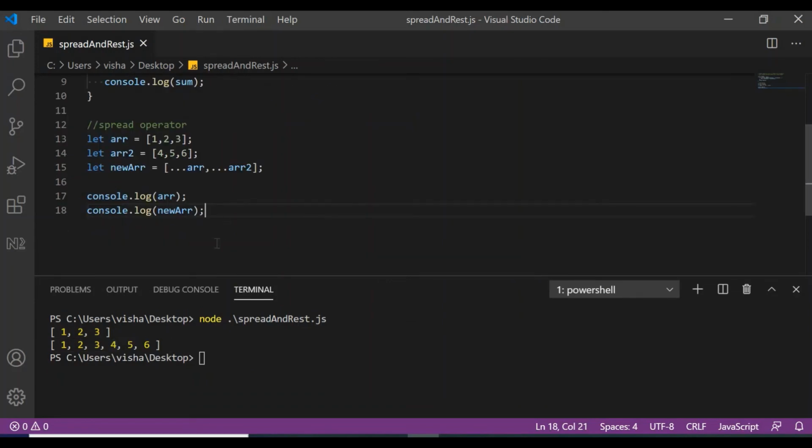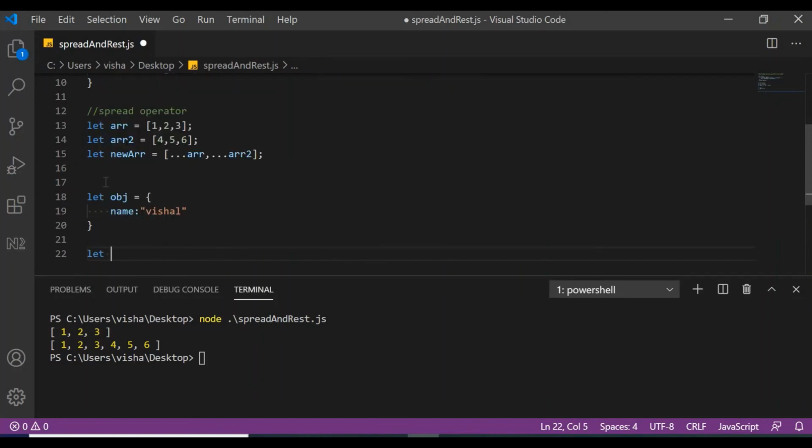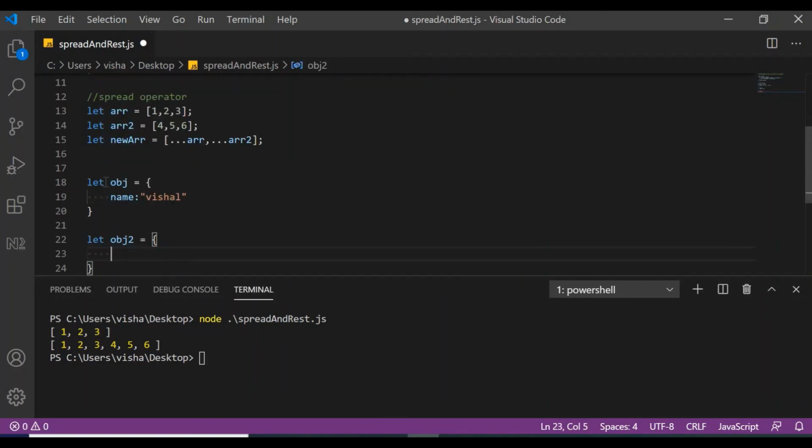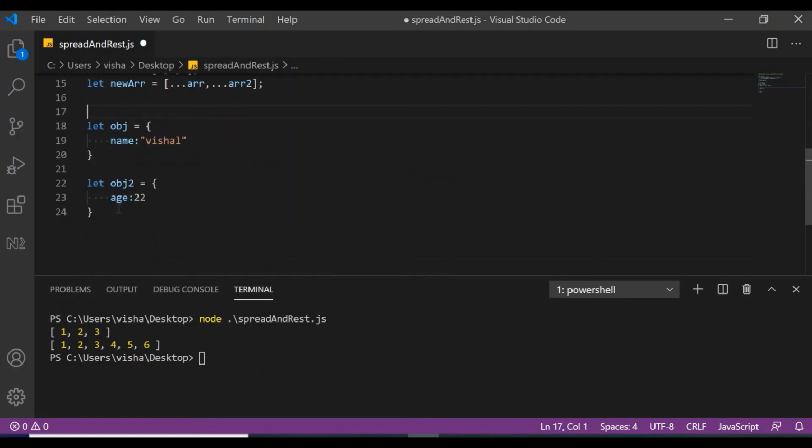You can use same with the objects as well. Let's now create an object. Let's say obj. Let's say it holds a name property. And let's say we create another object. Let's call it obj2. It holds another property. And you want to combine those both objects in a different new object.